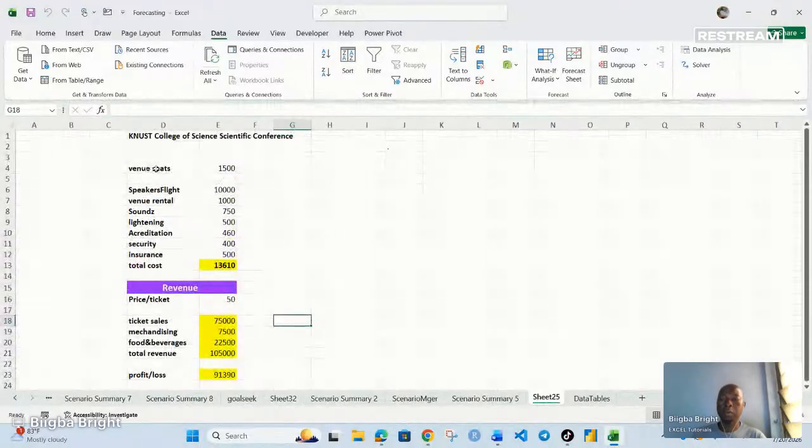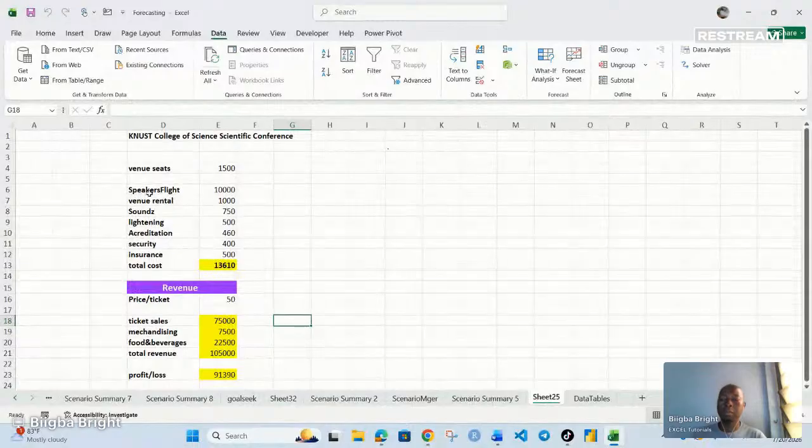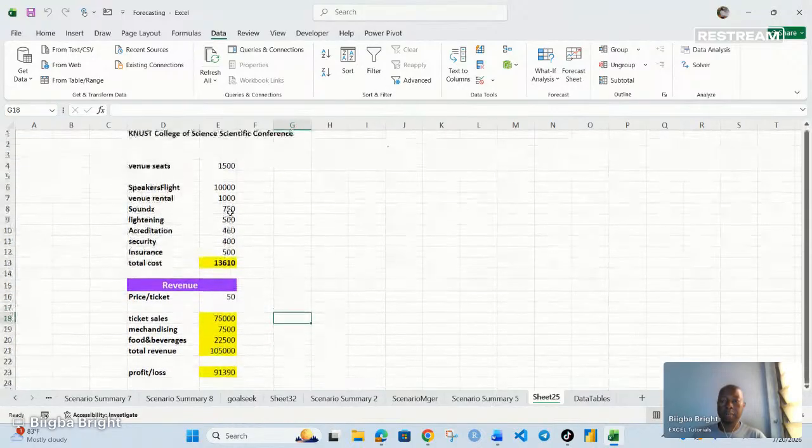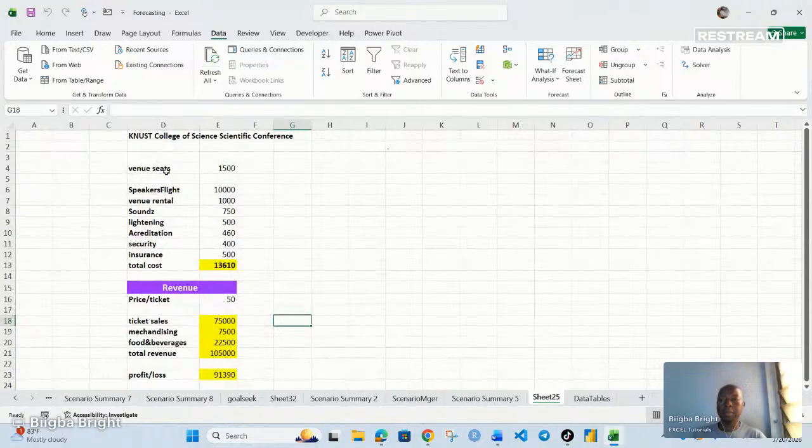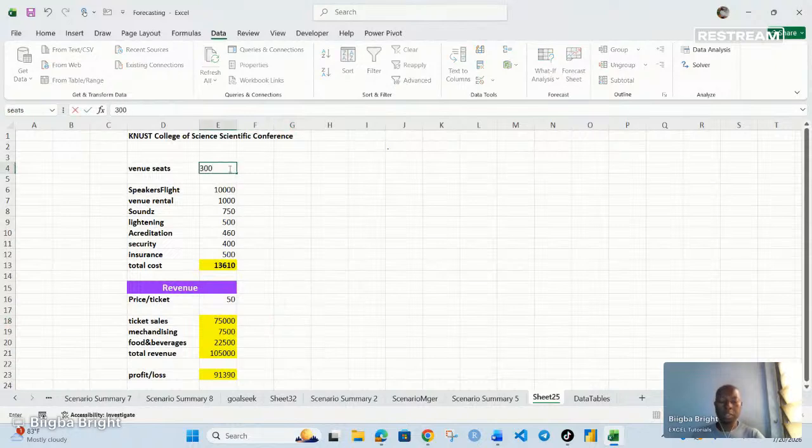We have the venue, the flight tickets of speakers, and then venue rental. We have to rent the sound system, lighting and accreditation, security, insurance, and total costs. These are all costs, you see. But the number of seats is just an estimation, it's not a cost. So we just leave it over there. But the number of seats actually was,